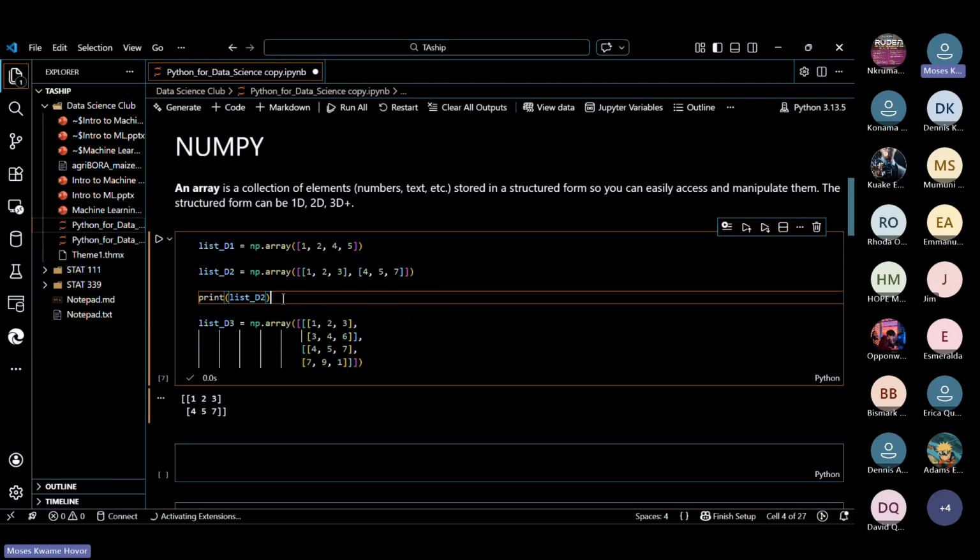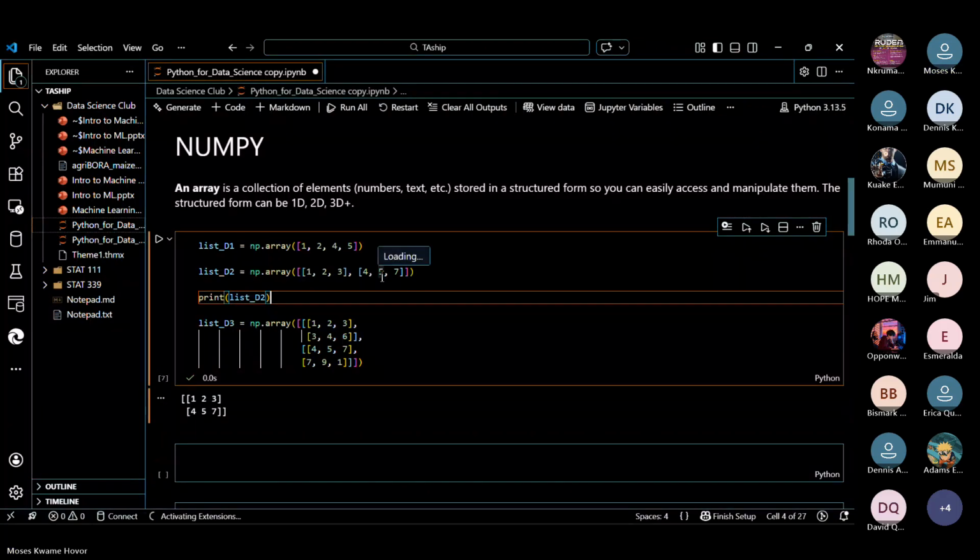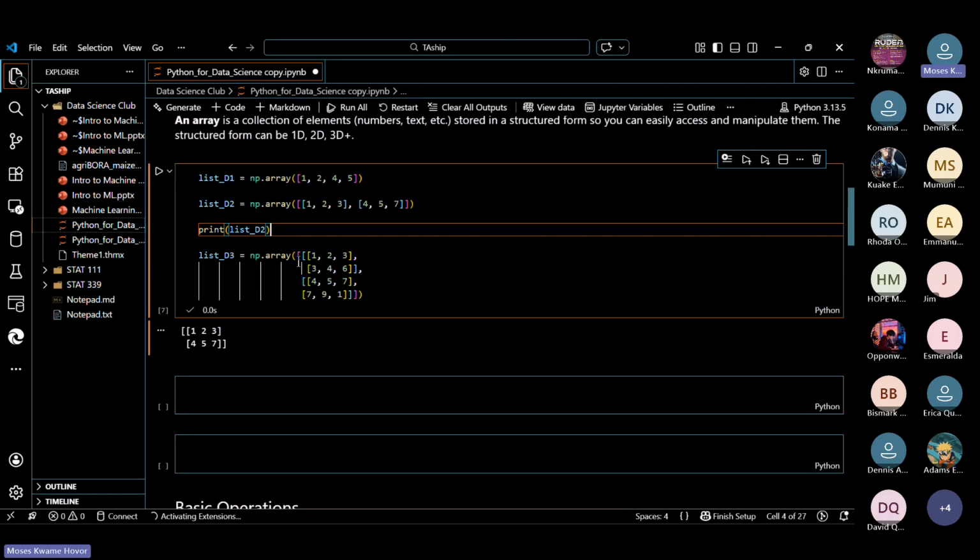For a two-dimensional array, we open a bigger bracket and then type our elements in square brackets, just like this. Then for a three-dimensional array, we also open a big bracket, then open another bracket to contain the two elements that we are going to type, and then another one. This is just two, I can do more than that.